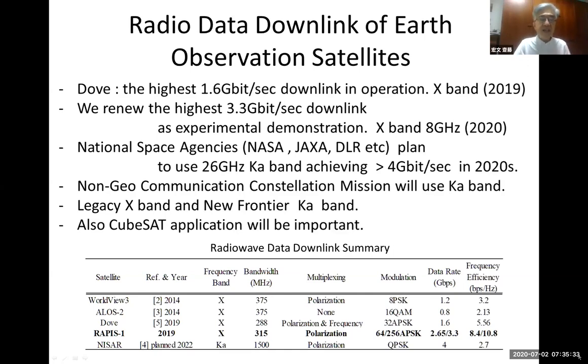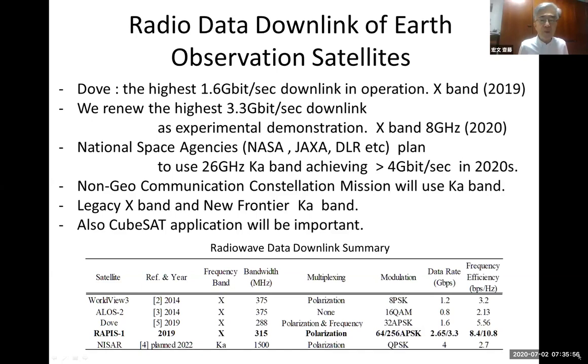And last year, the Planet Lab, Dove, presented the paper of the 1.6 gigabit per second X band downlink in this conference. Probably this is the highest downlink speed